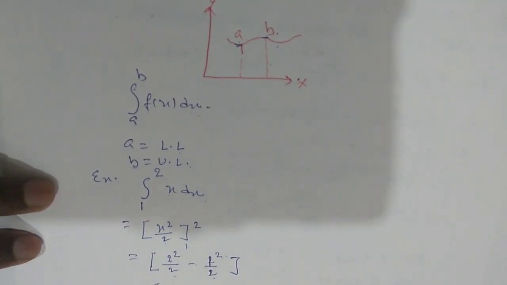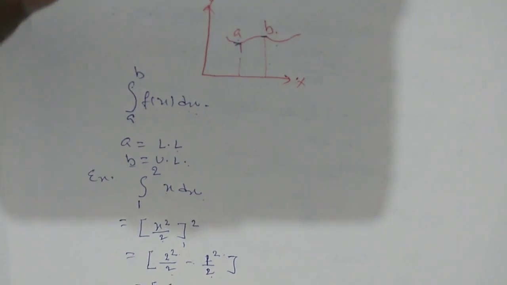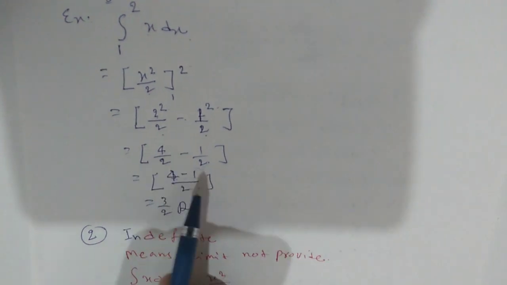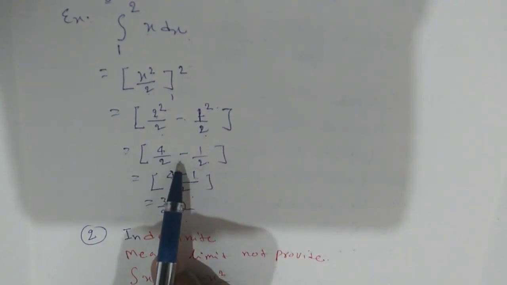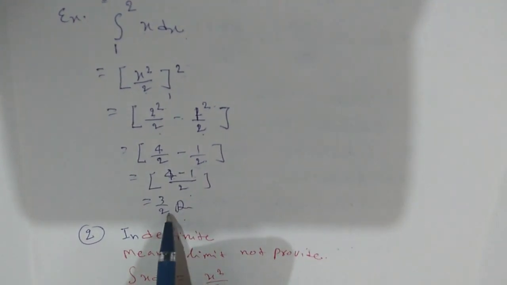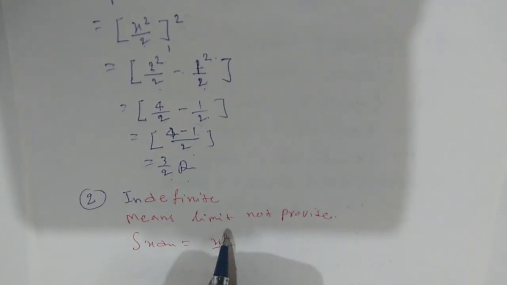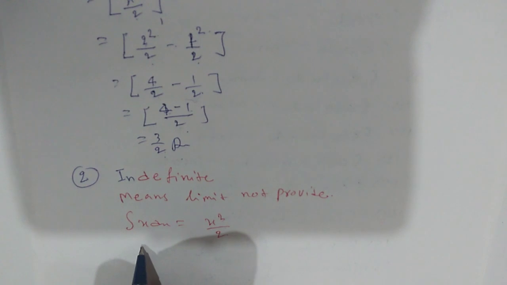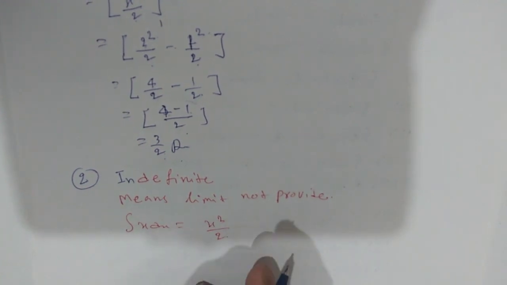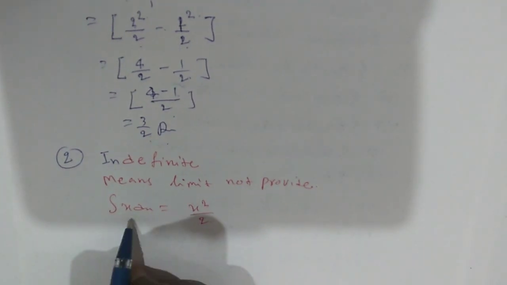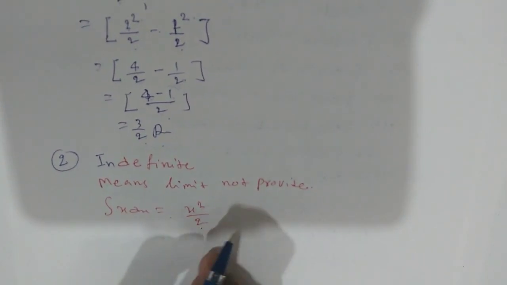This one is a part of 4 minus 1 by 2, so right here 3 by 2. And the last one, indefinite integrals. It means limits are not provided, maybe a up to infinity, it doesn't matter. So the integration of x dx is x square by 2. Now take